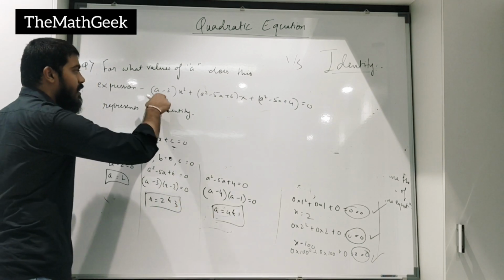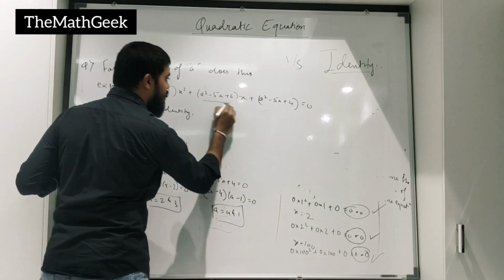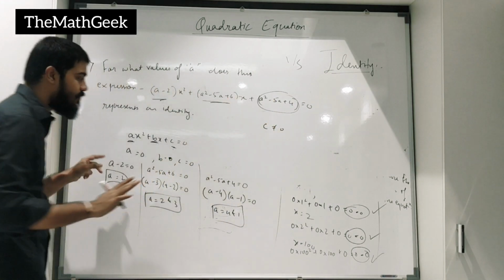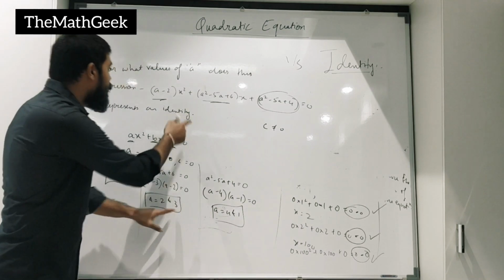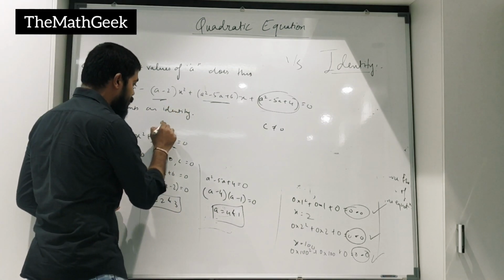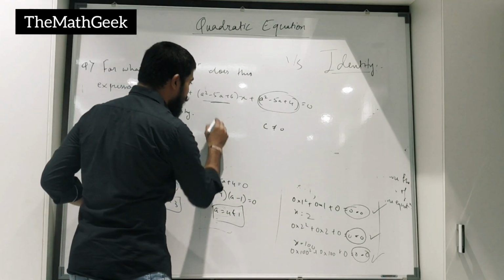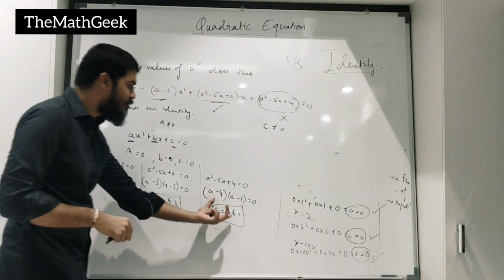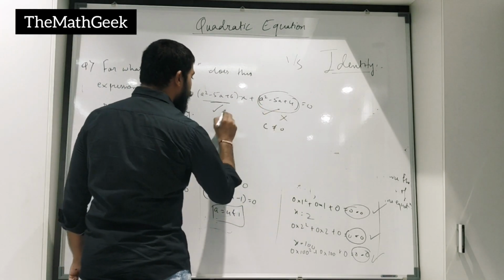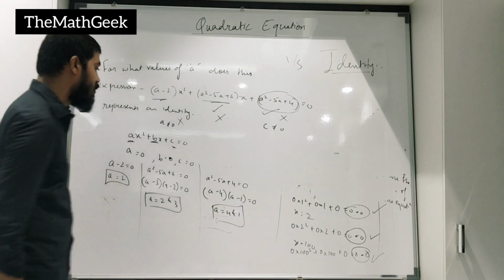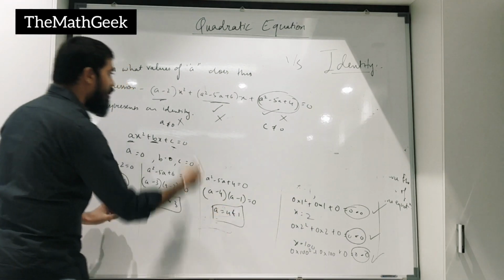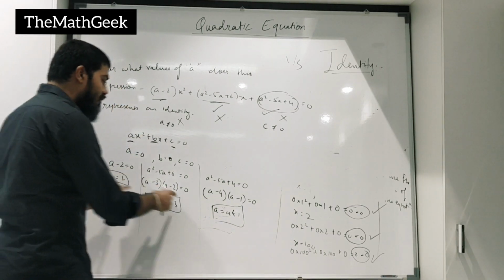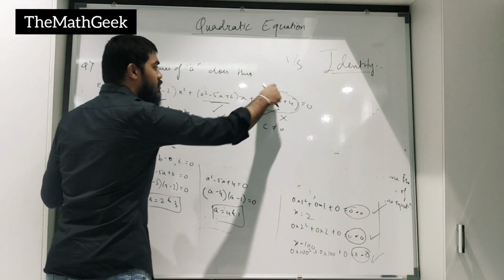Suppose I put 2 over here, this gets 0, this gets 0, but this doesn't get 0, which means c is not getting equal to 0. If I put 3 over here, this is not equal to 0, this is equal to 0, but this is not equal to 0. If I put 4 and 1 over here, this gets 0, this does not get 0, this does not get 0. It means for no value of a, all the three are equal to 0 at the same time.